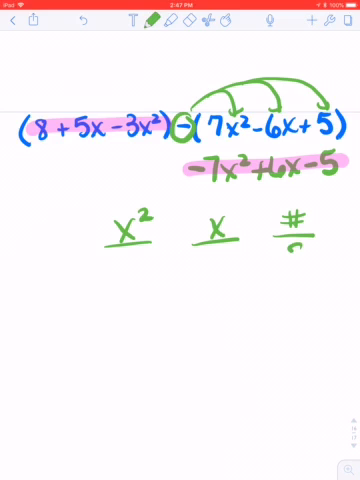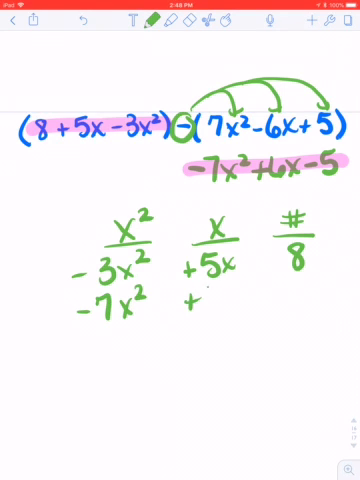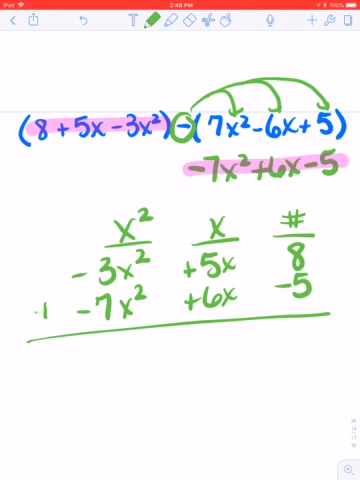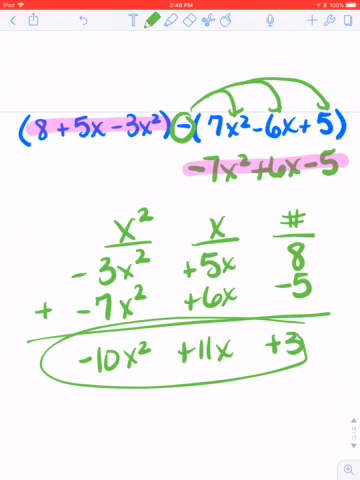So in the first one, I have 8, positive 5x, and negative 3x squared, negative 7x squared, plus 6x, and minus 5. If we total, it's negative 10x squared, plus 11x, plus 3. Okay, go over your